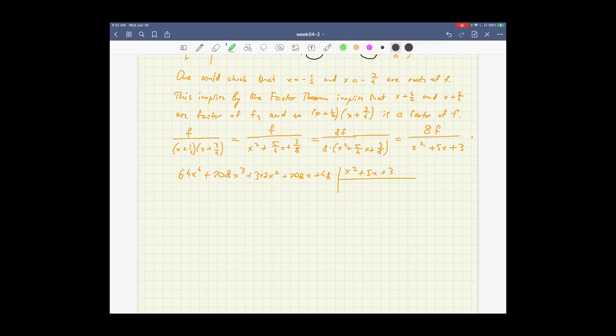The leading terms are 64x to the fourth and x squared. The ratio is 64x squared multiplying